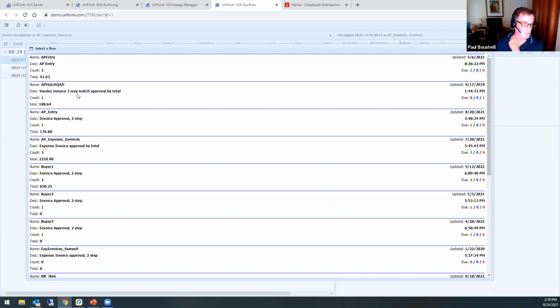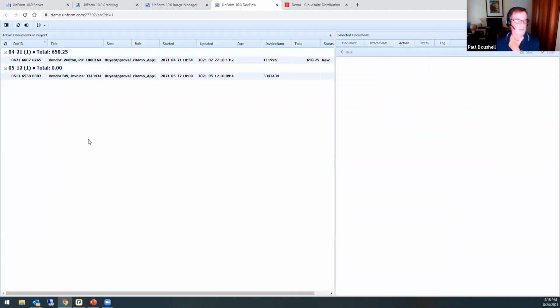So the example I'm going to talk about here is for SX or Cloud Suite. For those of you that are familiar with the AP Invoice Center, when you enter an invoice in there, it does the three-way match for you. So, assuming everything looks good, there's no reason really for a document to be put into a doc flow because it's all good. You can process it. If for some reason, though, that three-way match fails, if pricing's wrong, whatever it is, you can add that back to a flow. And that's typically what we see is that it goes back to the buyer.